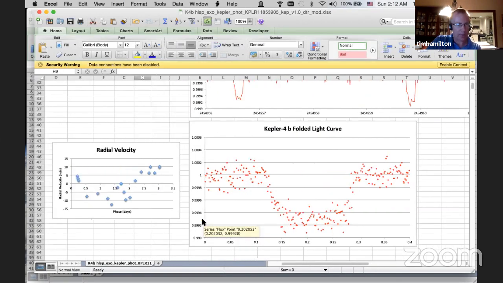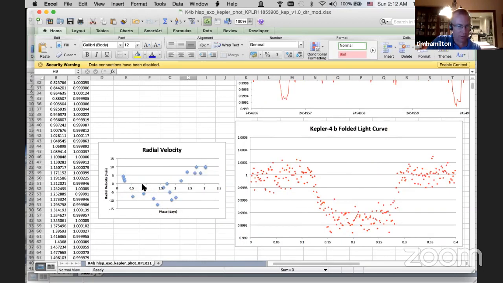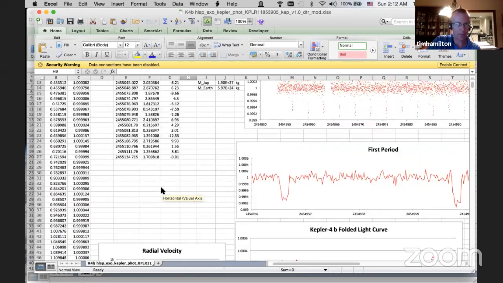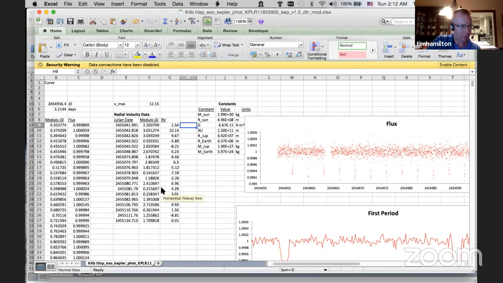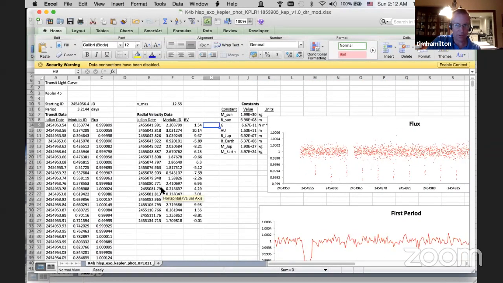Okay. And then I've got the radial velocity plot here, which you see is also very noisy. That is largely because the planet is so small that its mass is not large enough to make a very strong change in the Doppler shift to that star. But nevertheless, you can do it. You'll have less precise results, but you'll be able to get something. And I'll tell you, you can do this yourself. If you have a decently dark backyard, a location,